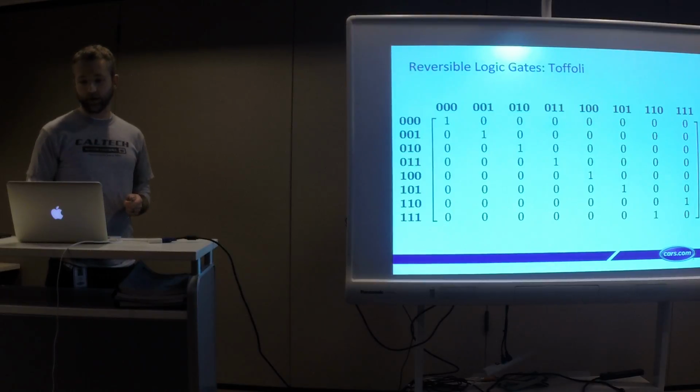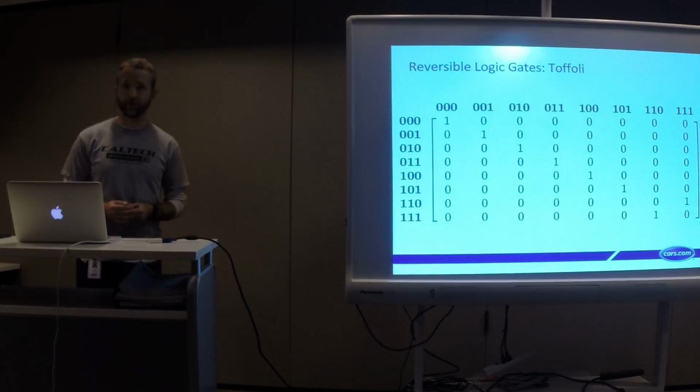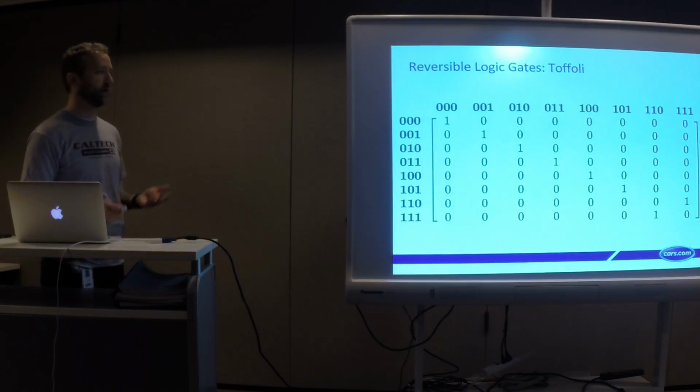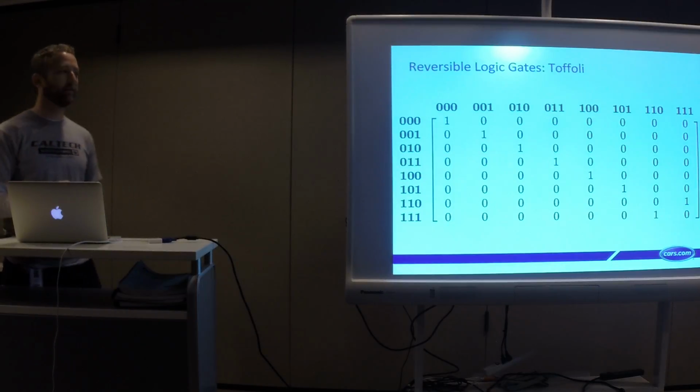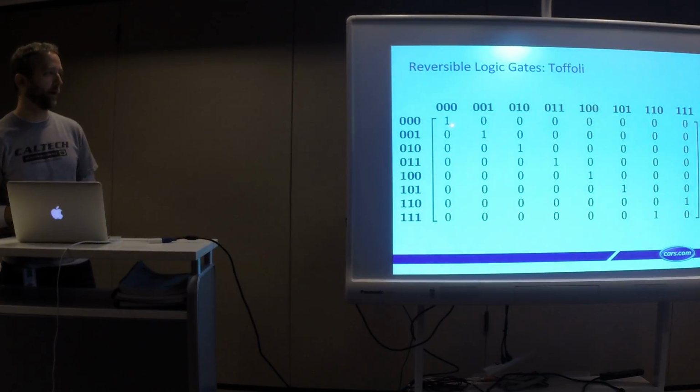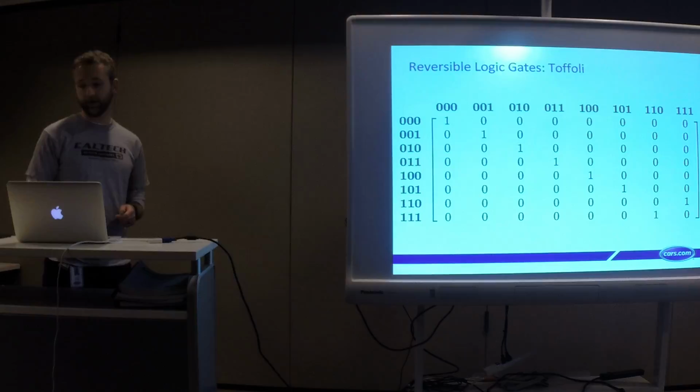This is the matrix version of that. Just to give you a feel for it, this is actually a relatively simple one though, because it looks a lot like an identity matrix right up until the end, right? Because nothing happens unless both of the first 2 bits are 1, in which case that last bit gets flipped. So it's just the intuition for that